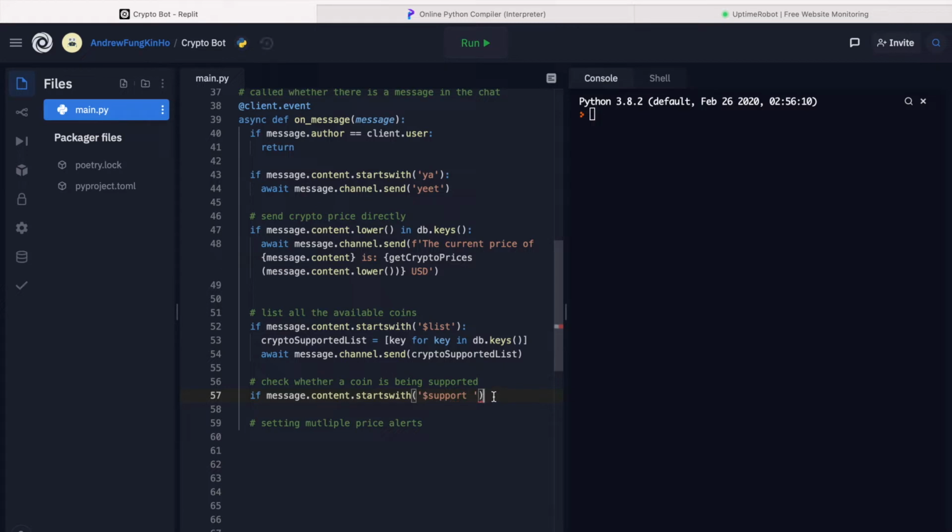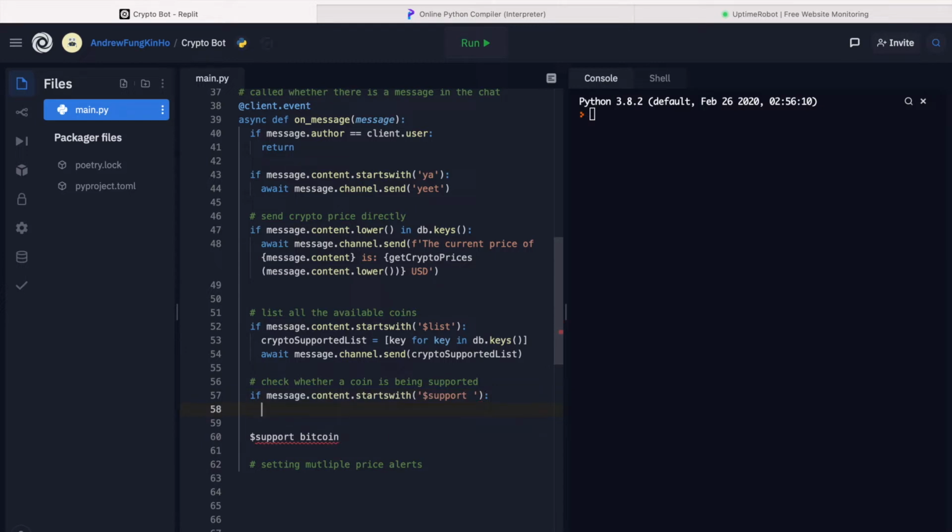So we need a space because whenever the users type support and then Bitcoin, there will be a space between the support and the cryptocurrency name. So what we have to do is to split the string into two parts and only get the second part, which is the cryptocurrency. So let's do it now.